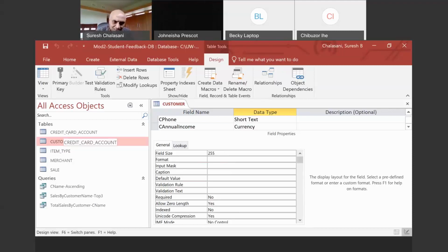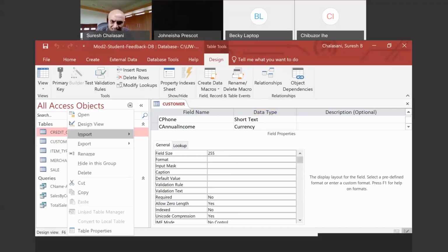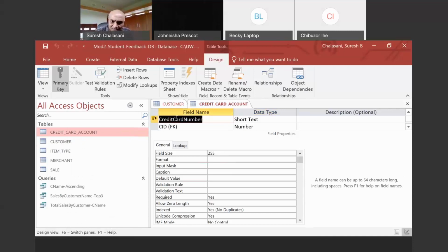And then if I go to the credit card account, I have the credit card number as short text. Please don't use an integer or anything like that there. You want to use it as short text because otherwise, opening them in some of the Access databases could be a little bit difficult. CID is a number.